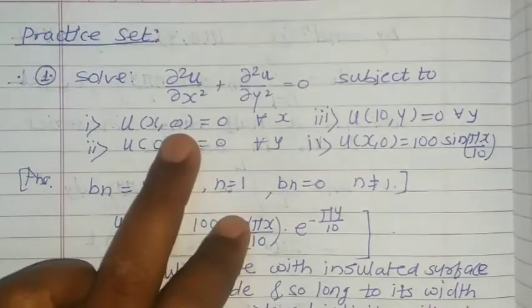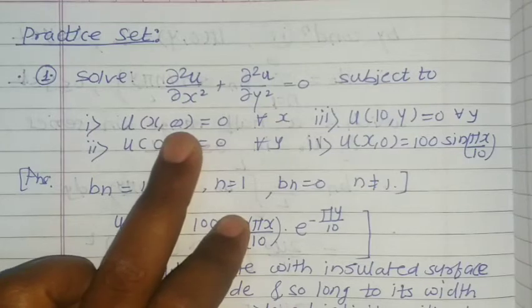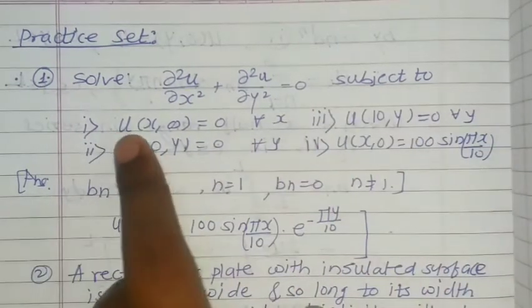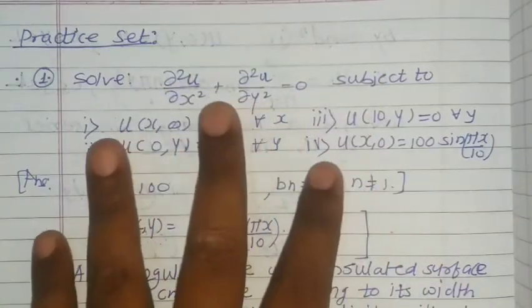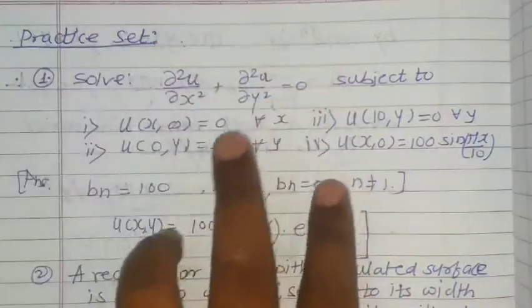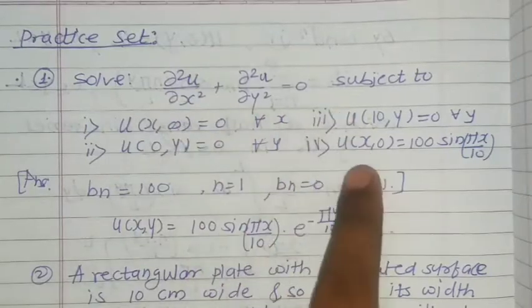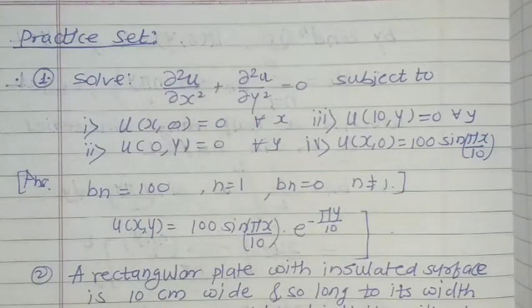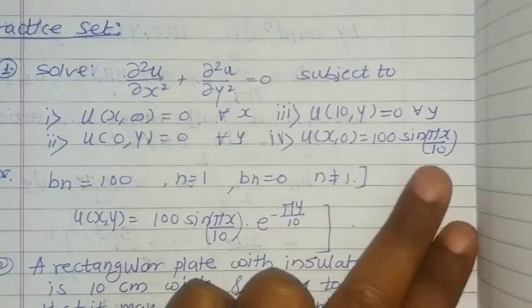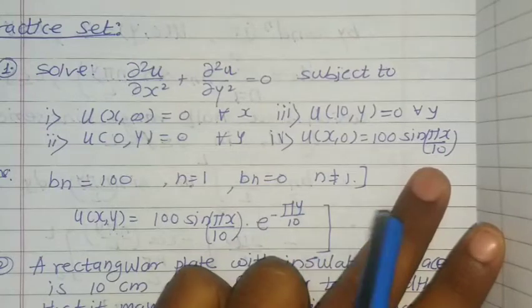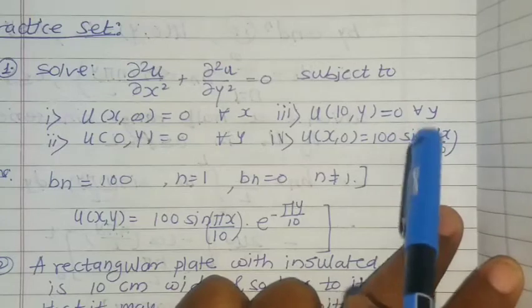Now here in the first condition y is infinity, so this is the problem of the first case, y tends to infinity. The equation is the Laplace equation. The boundary conditions are given directly in the form of equations, so you don't have to derive them from the data. Directly make use of the four conditions and get the solution. At the end your function is 100 times sin pi x by 10. So when you do the calculation of the Fourier coefficient, you will get a half range sine series, and your function is also in terms of sine.